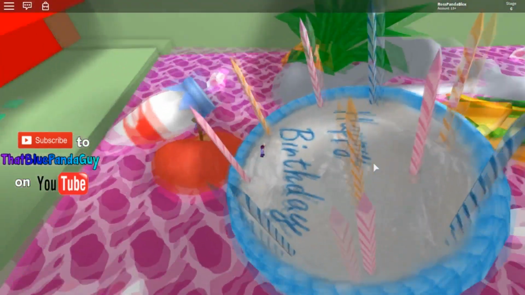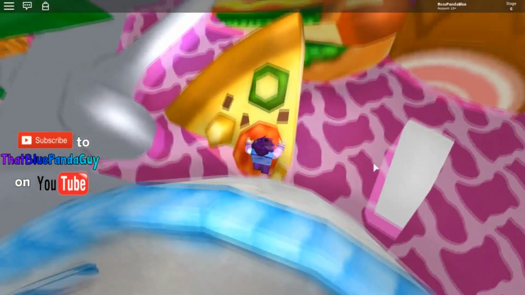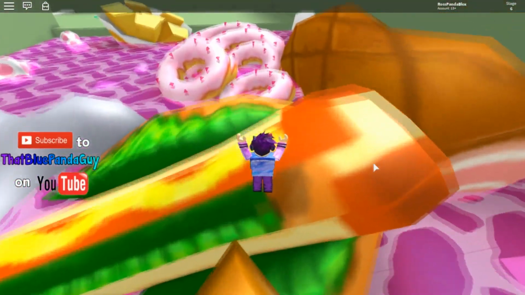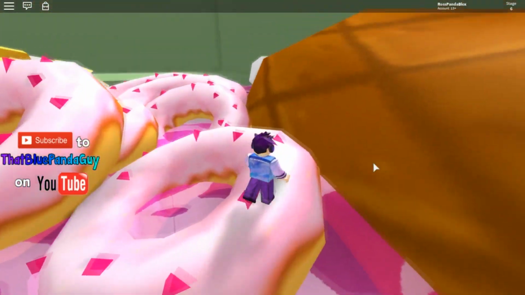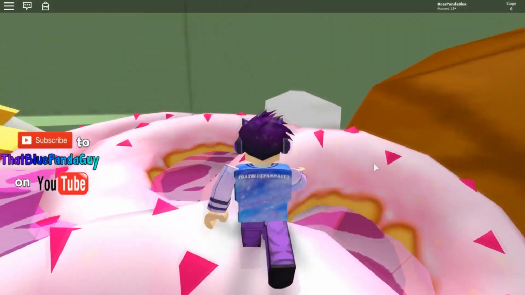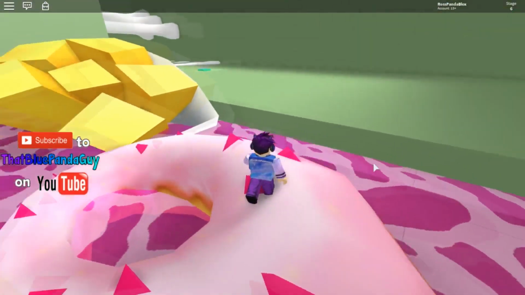So we are in the stomach right now. The interior of the inside of the character is pretty much the same as Freddy Fazbear's one. This is Baldi's. But of course, the interior in Freddy's one was brown. This one's like green, like pastel kind of grass green. So you need to jump on to the food,